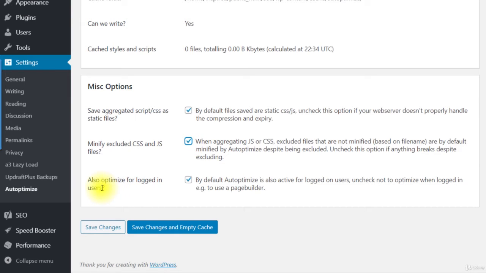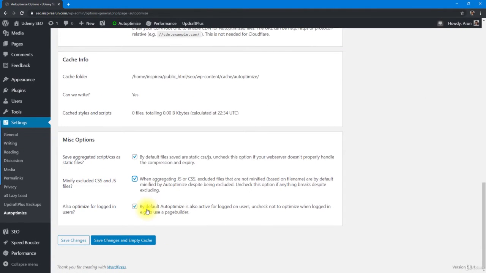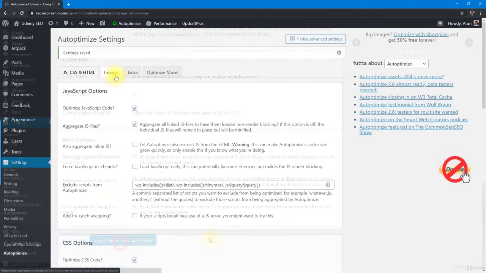Coming to the third option, optimize for logged in users. If you enable this option, then your site will be optimized even for a logged in user like an administrator or editor like you. So you don't need to visit your website in some incognito window to check whether it works or not. So let us hit this Save Changes and Empty Cache button again, and let us move on